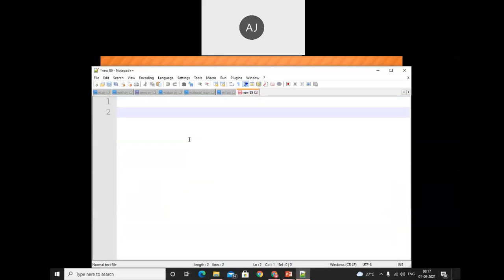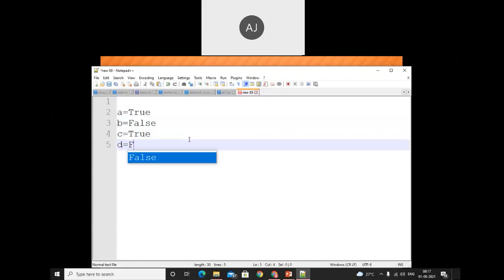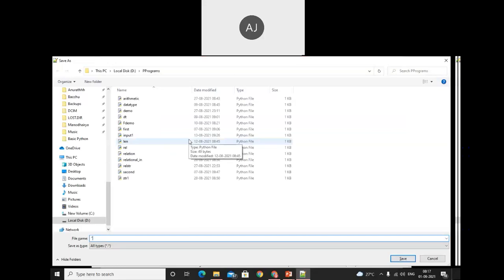In it, I'm using the first variable as true and the second variable as false. The third variable again as true. The fourth variable as false. I'll apply them one by one. First of all, I will save the program, and here I will write G.